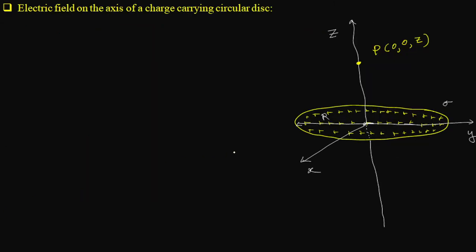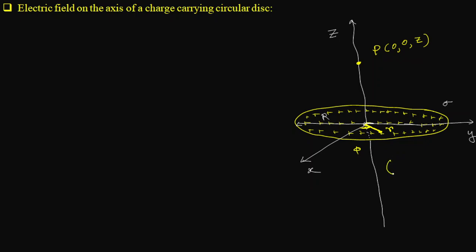So to use the same definition here, first we have to consider a point here. Let's say this is a point, and the distance of this point from the center of this circular disc is small r, and this r makes an angle phi with the positive x-axis. Then what will be the polar coordinate of this point? It is r, phi. Now if I want to write the coordinate of this point in rectangular coordinates,